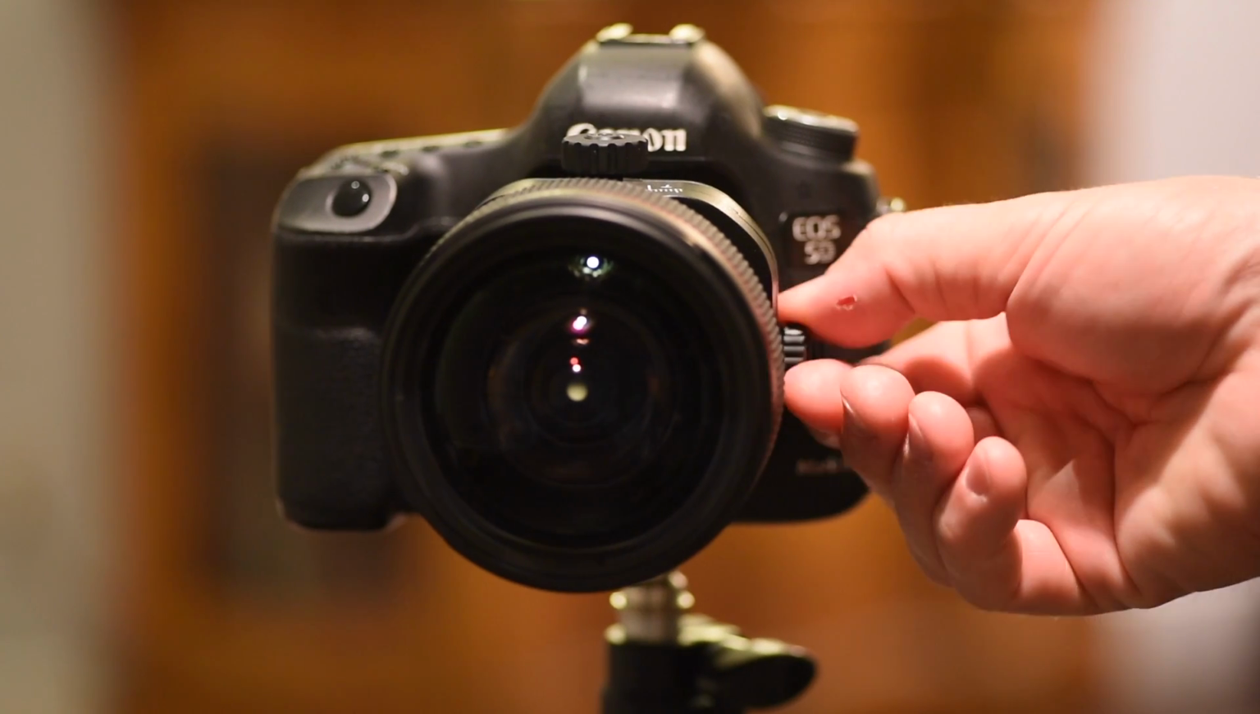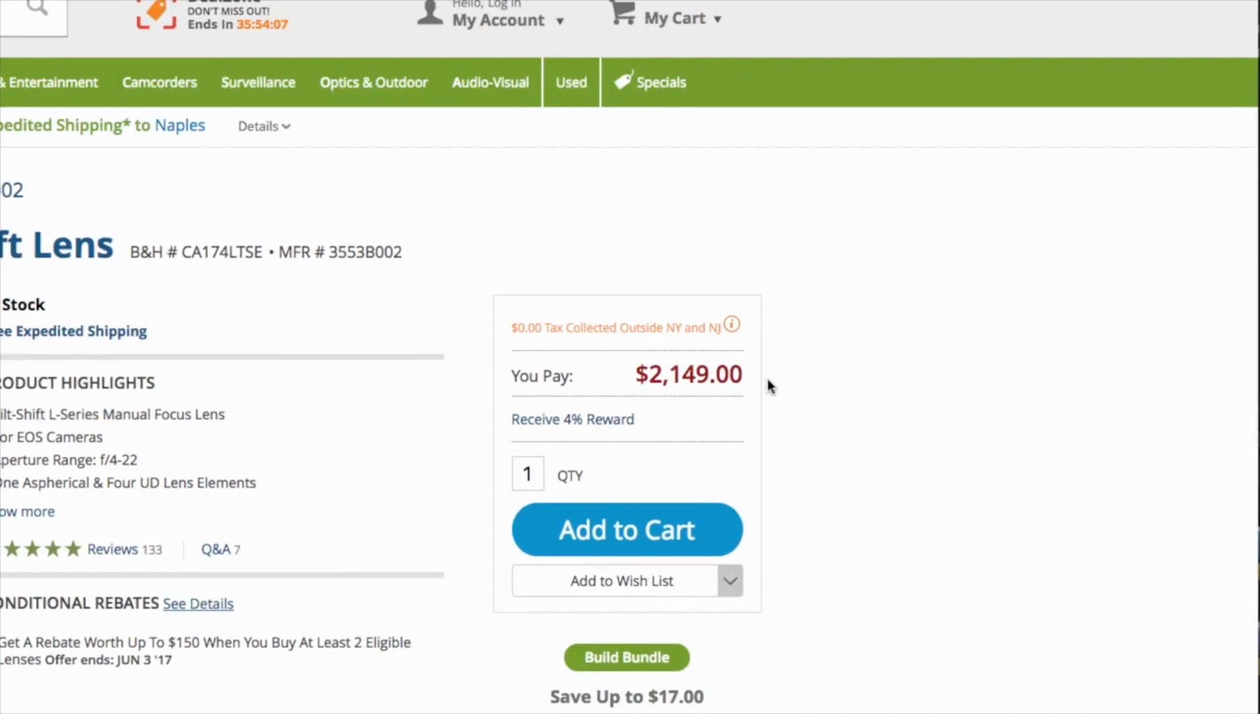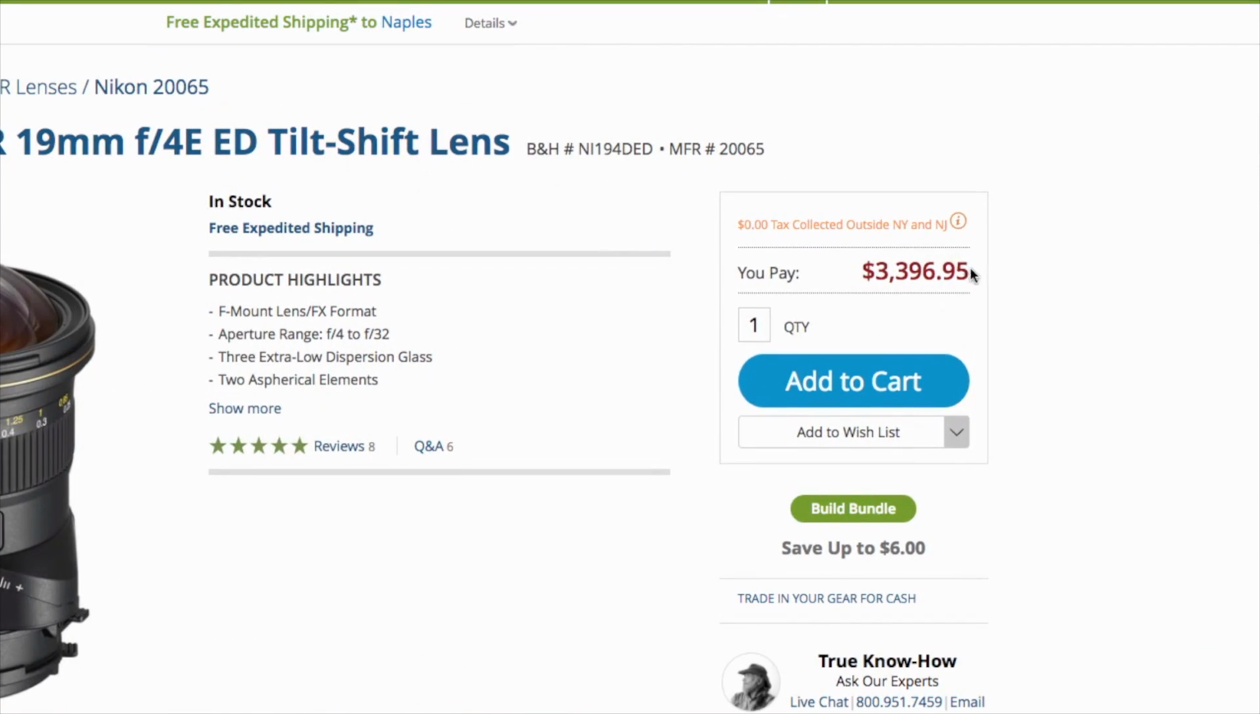given the complicated nature of these lenses, that is that they physically tilt and shift, they tend to be difficult to manufacture, and as a result, they're quite expensive. For example, the 17mm f4 TS-E lens, again used in this review, comes in at $2,149, and the Nikon 19mm PC perspective control lens comes in at just under $3,400, and again, it's only 19mm. Number three,